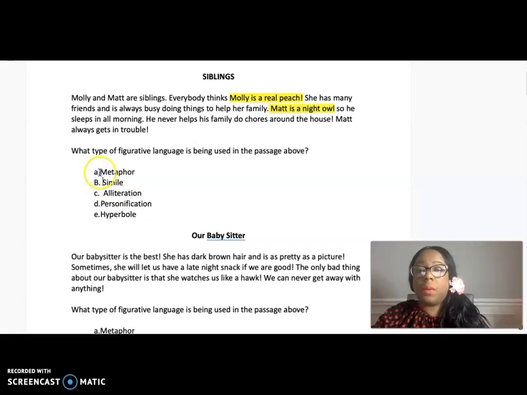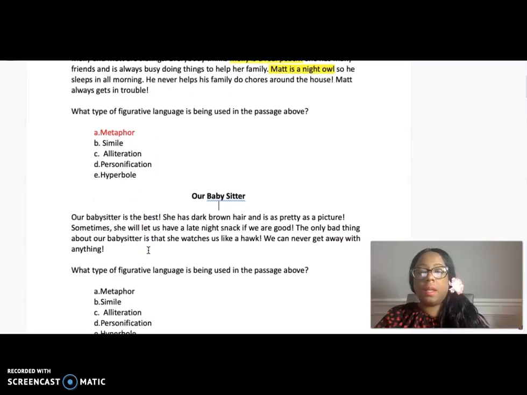So the last two that we're working with and that we're eliminating are simile and metaphor. So we know that a simile is using the keywords like or as. So we can eliminate that one. So we can go through all of these and eliminate, and we end up with our answer, metaphor. So make sure you highlight the right answer, and let's keep it moving.